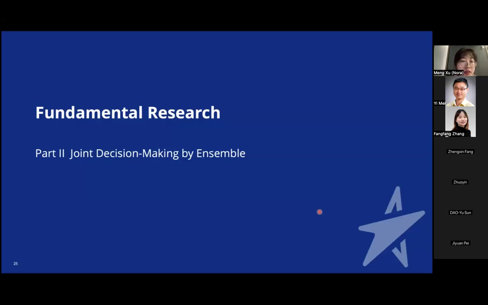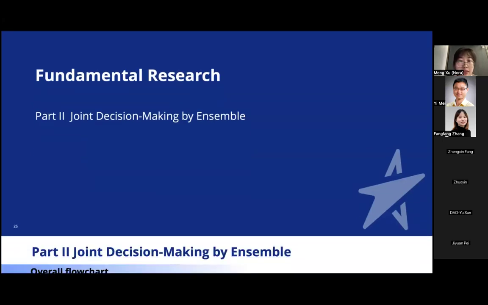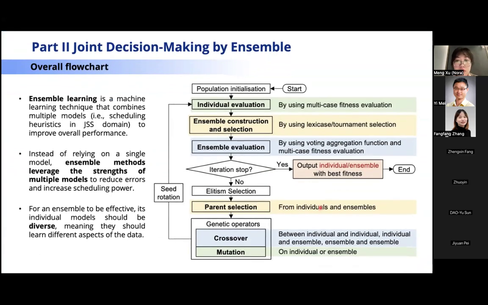And the second part is about joint decision-making by ensemble. Here is the overall flow chart of the proposed genetic programming with ensemble learning. Ensemble learning is a machine learning technique that combines multiple models, which in the job shop scheduling domain represent scheduling heuristics, to improve overall performance. So instead of relying on a single model, ensemble methods leverage the strengths of multiple models to reduce errors and increase